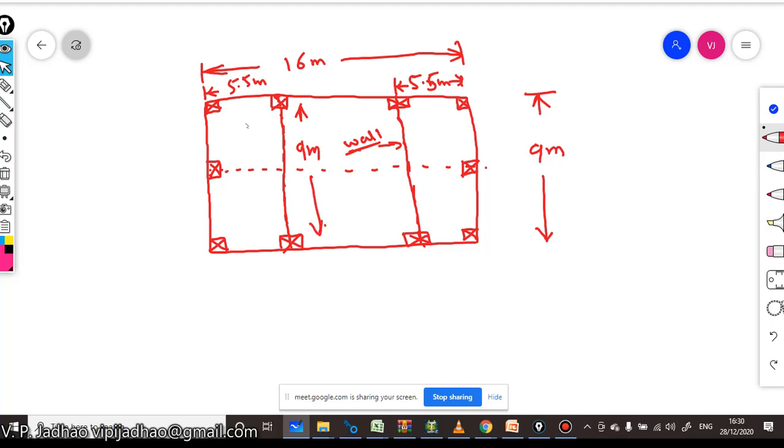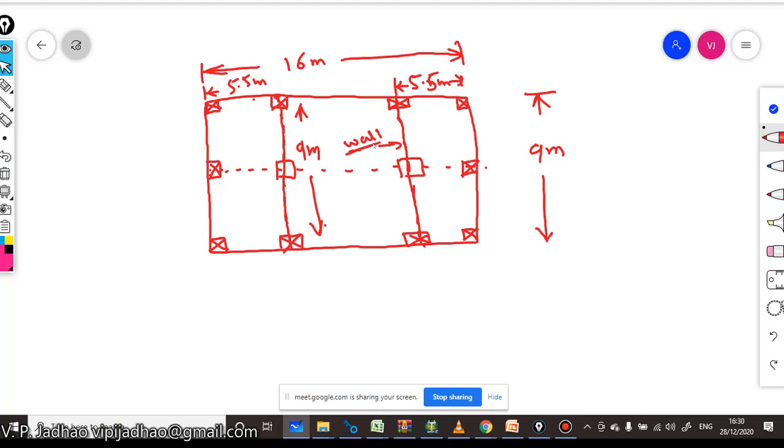So as to make this particular slab have less span, and this beam should also have less span. Therefore we'll be providing some column arrangement like this. Okay, this is the general approach for providing your columns.